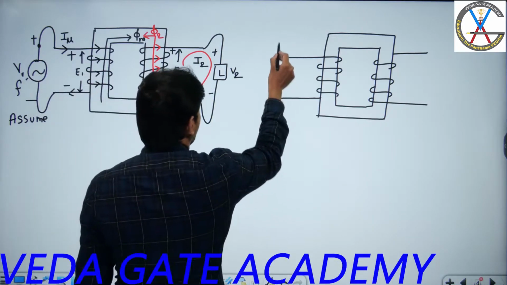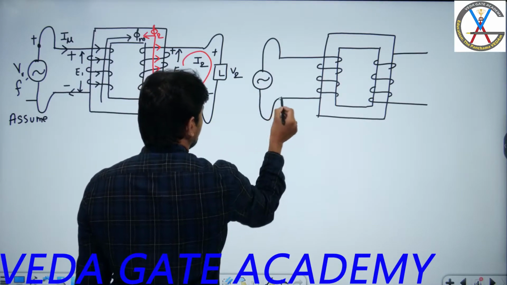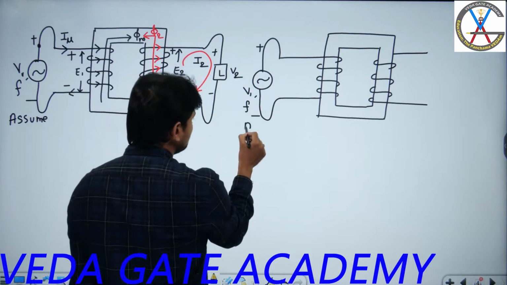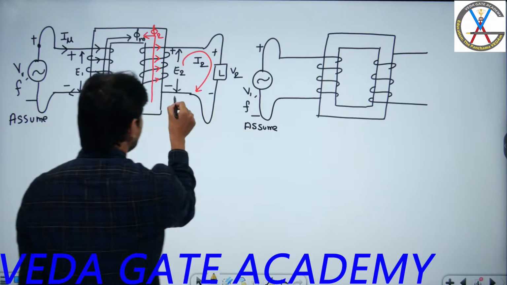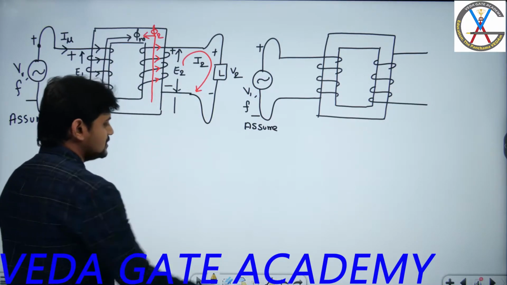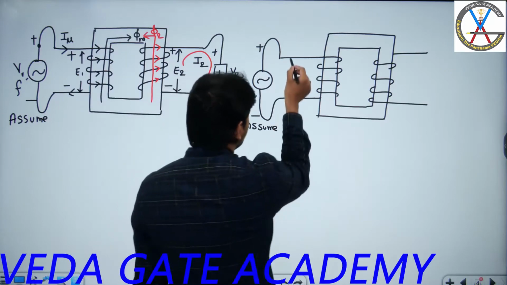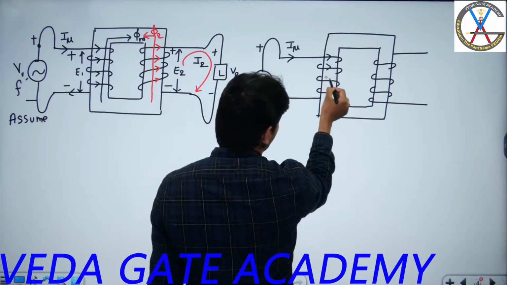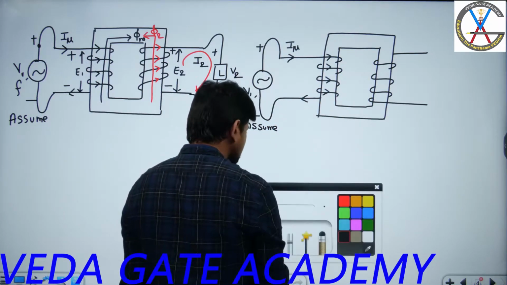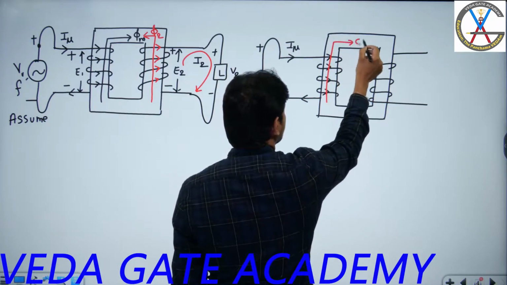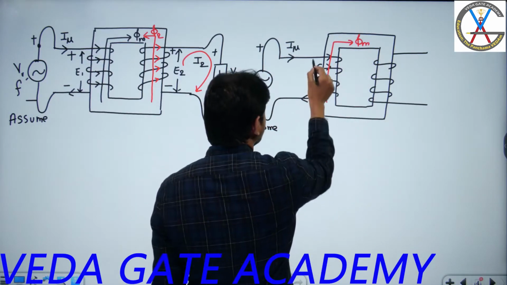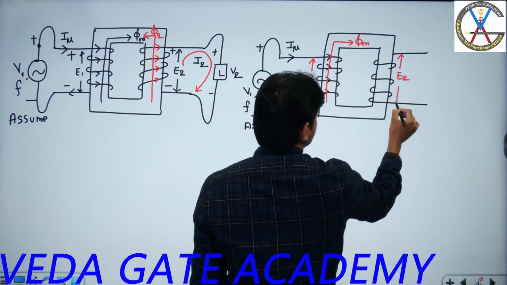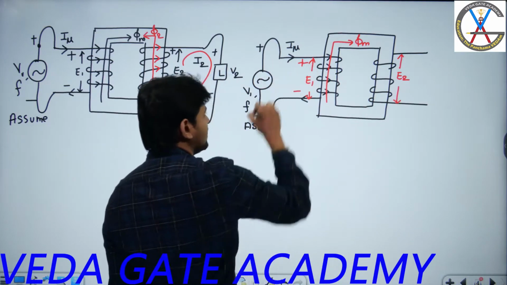Now let us try to apply a voltage. Assume that this particular terminal is positive with respect to this one. This is the assumption, and we are finally arriving at the answer here. So here, the moment I assume this is a source, the magnetizing current will start flowing in this direction. Because of this, if you apply the right hand thumb rule, the direction of main field flux will be in this direction. Because of this main field flux, you are going to get EMFs induced across the primary winding as well as secondary winding, right? And as it is an ideal source, I can say this is plus minus if you apply KVL.